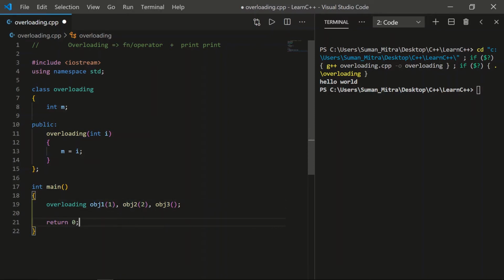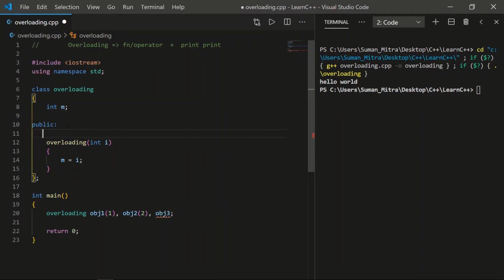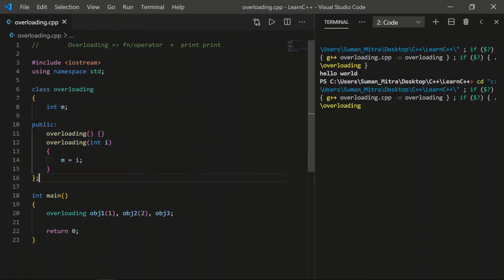And this is our object 3. Suppose it doesn't have any value inside it. We'll create a default constructor so that we don't get any error here. This way, if you don't pass any value, this code will still get executed. Let's run it so you understand.